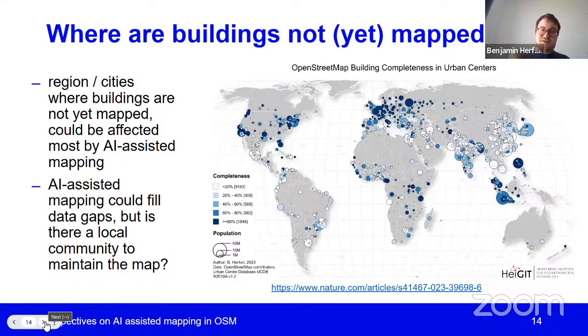And I think that is also why we have this webinar here. I reached out to the HOT community team first and asked, hey, what do we do about it? Or is there a perspective from the communities on this? So I cannot tell you if it's good or bad. I just see, okay, we might see a lot of AI assisted mapping in these places. What do the communities, what do the local mappers think about it? And I hope that later on we can get to that point. That's why I was adding the slide in here.